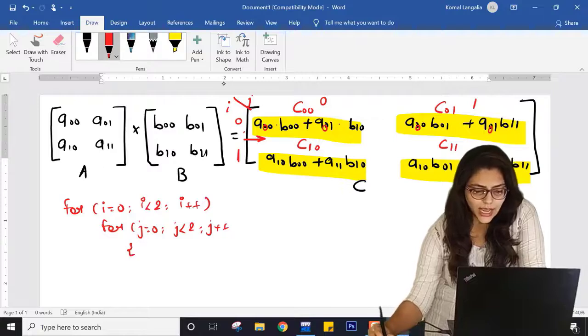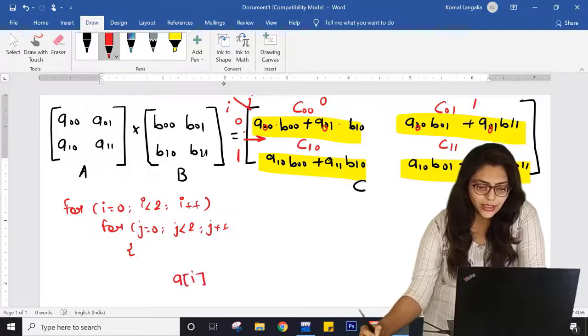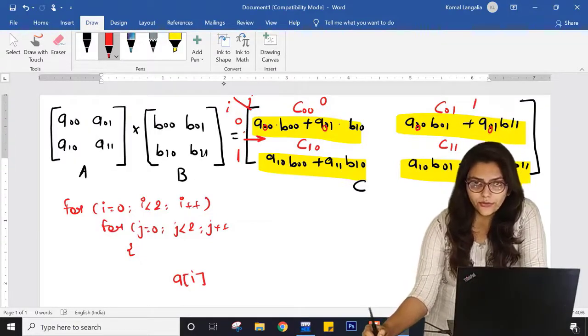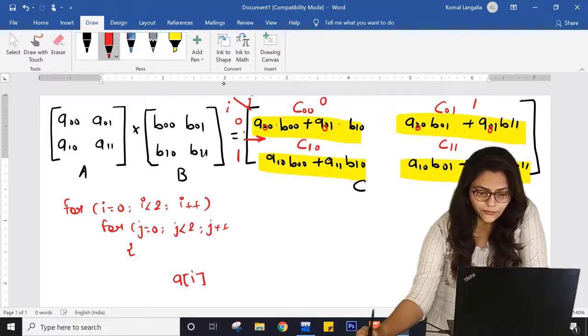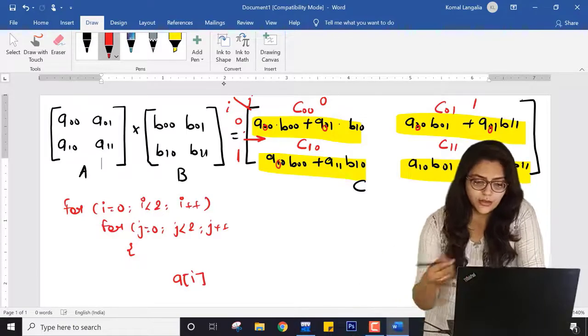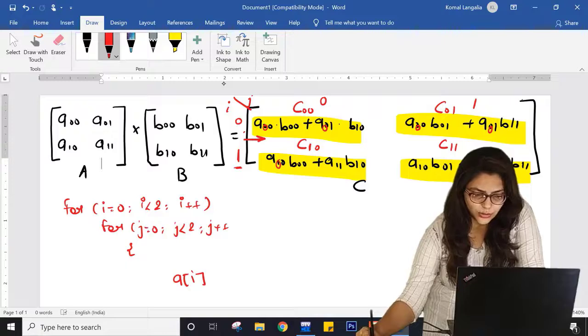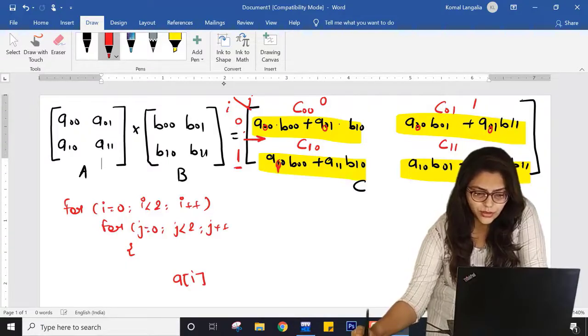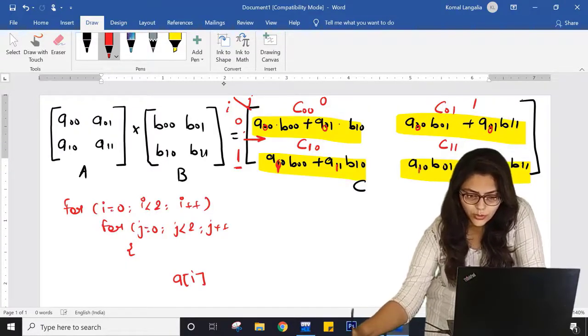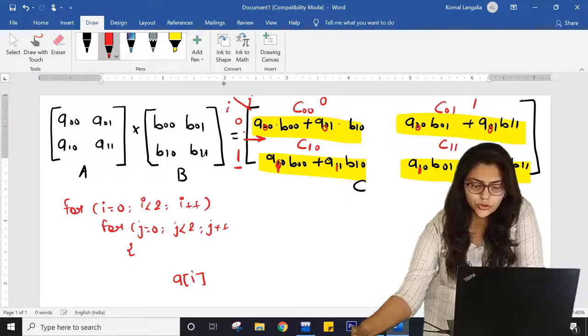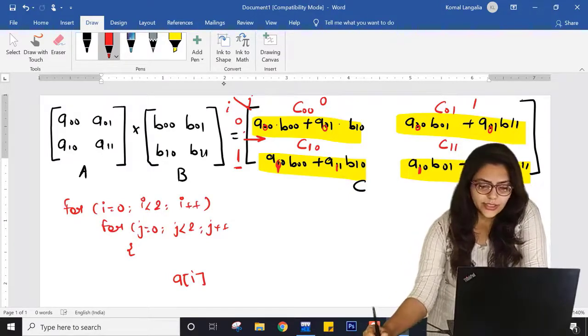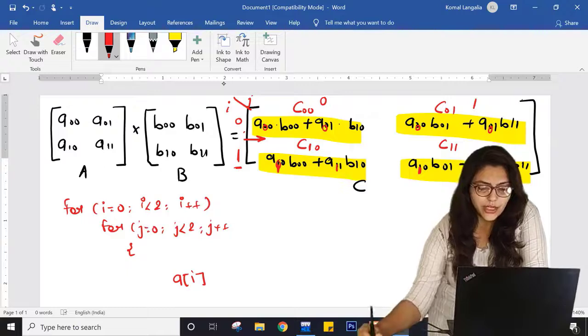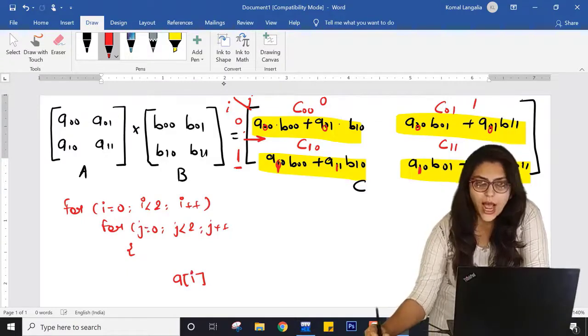Now inside this, I can write A of I, because it is all 0 for the first row. For the second row it will be 1, 1, 1, 1. I hope you are noticing this change, right? That's why I have written A of I over here, because it's the value of I.